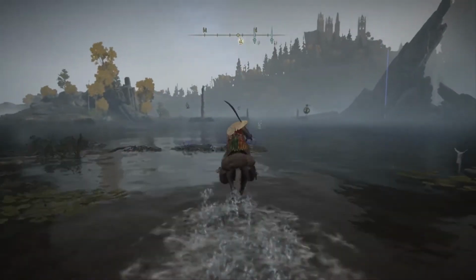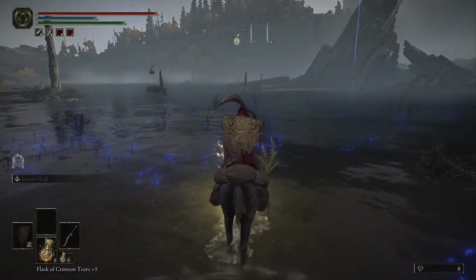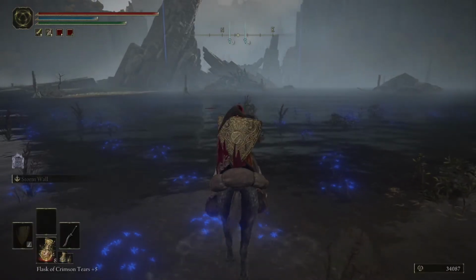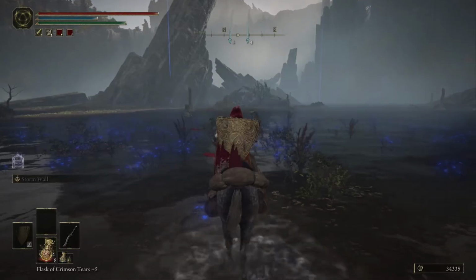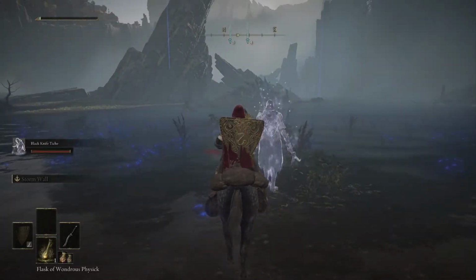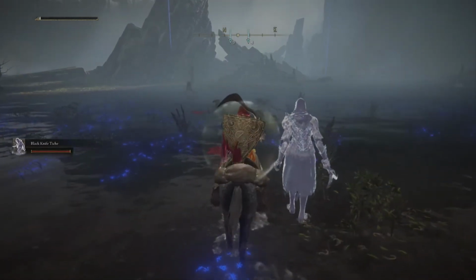Let me pick up these runes from before, and so there he is over there sleeping, and the Glintstone Key is right over there as well, but you don't have to kill the dragon to get the key. You do need the key to get into the Glintstone Castle, but you don't need to kill the dragon to get the key. I'm going to summon Tish, and my level is right around 78,